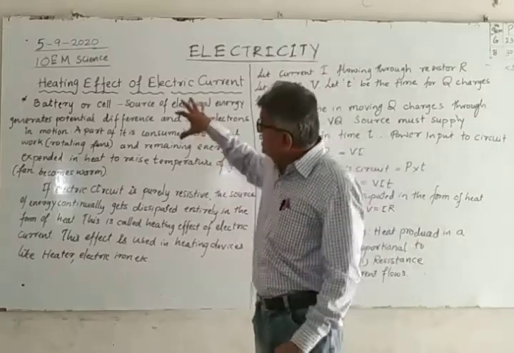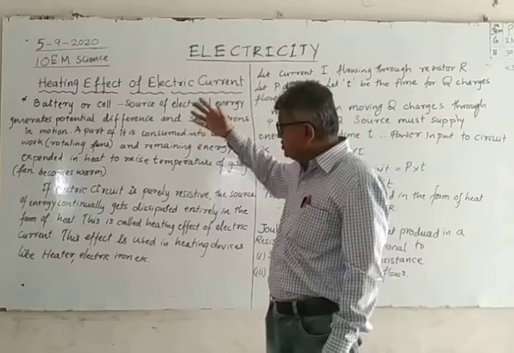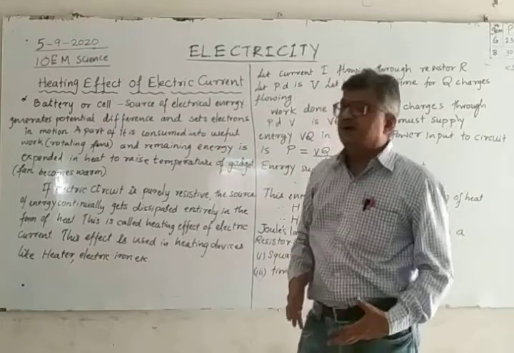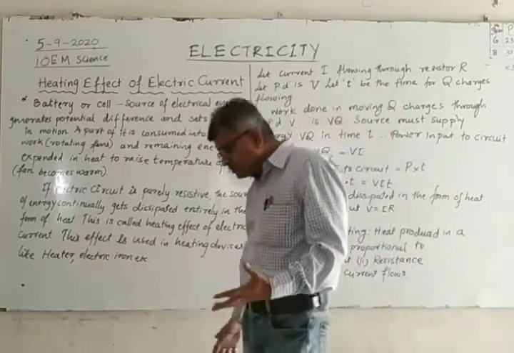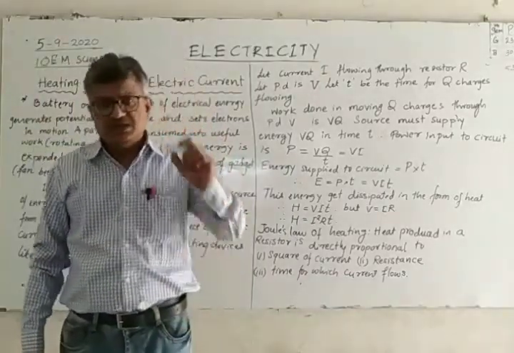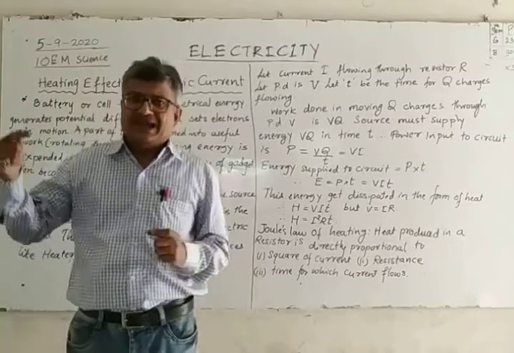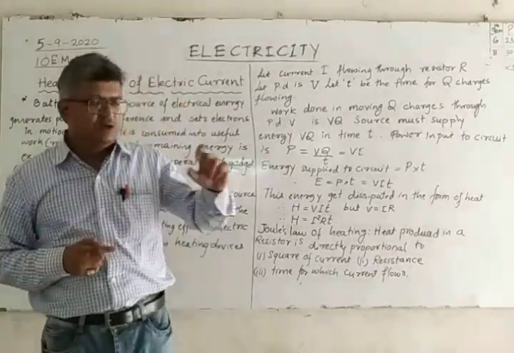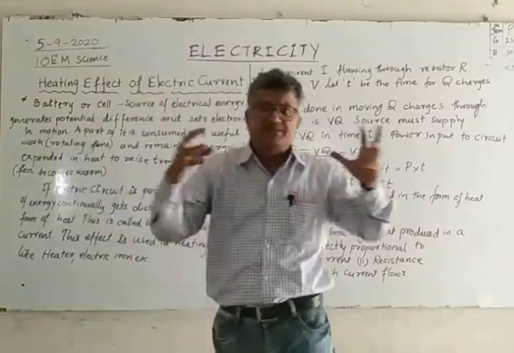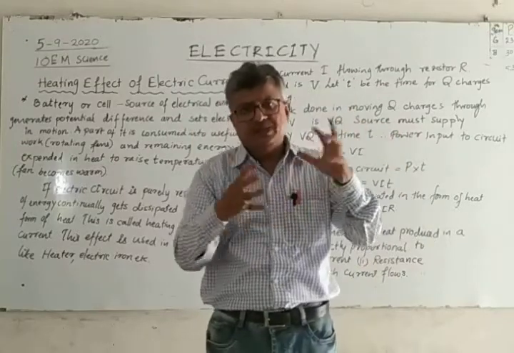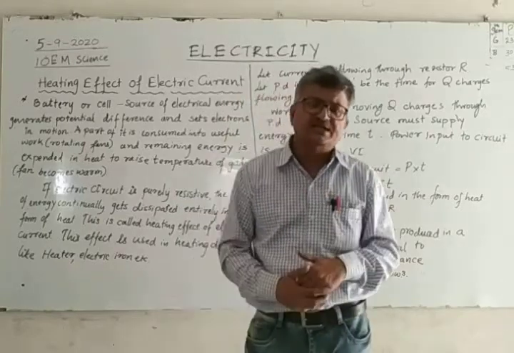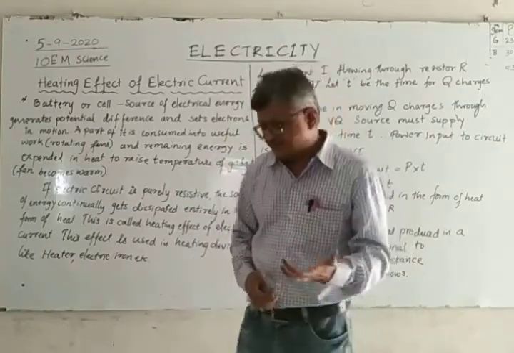So the energy supplied by us produces what? Some useful work, and it also produces heat. This is because all conductors are not perfectly good conductors. Even if you take copper or aluminium, electrons flowing through the aluminium or copper experience resistance. When they collide with the particles or atoms of the metal, there is friction between them, and that produces the heat. This is called the heating effect of electric current.